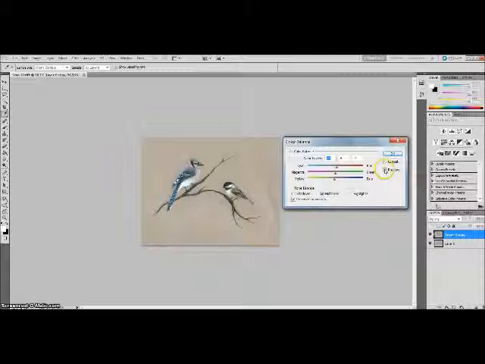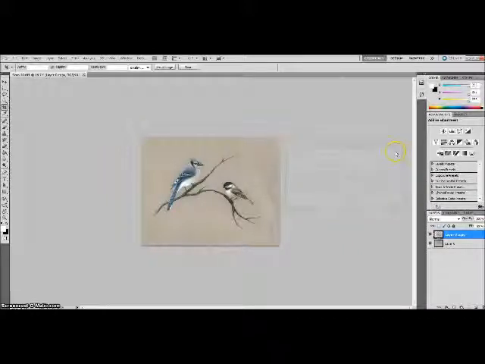So when I click this preview button, I don't know if you can see, but it's very, very subtly warmer than it was before. But that is optional, and there are other ways to do it, but this is one of the easiest ways to do it. Right, click OK. Alright, now the final thing we want to do for editing is